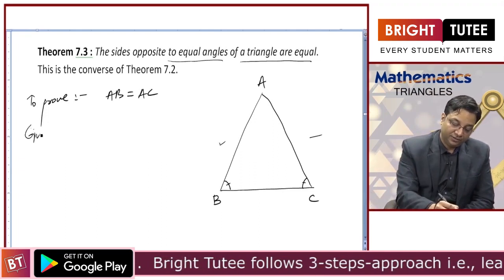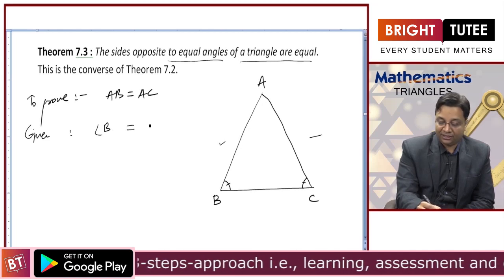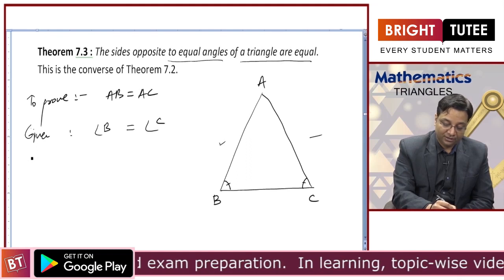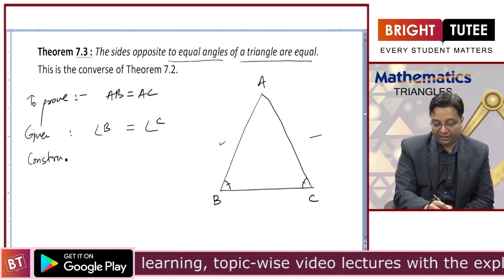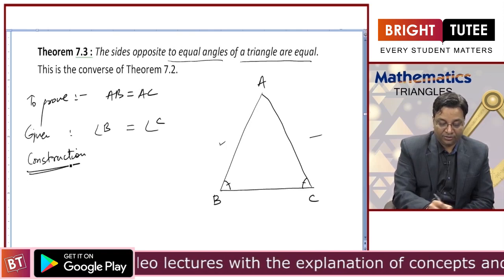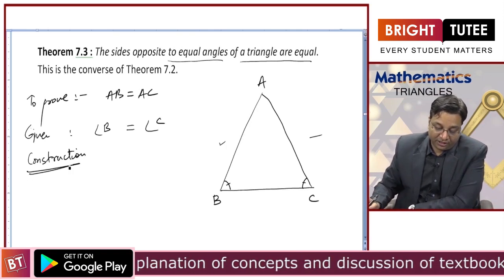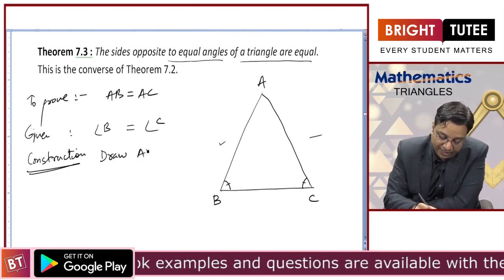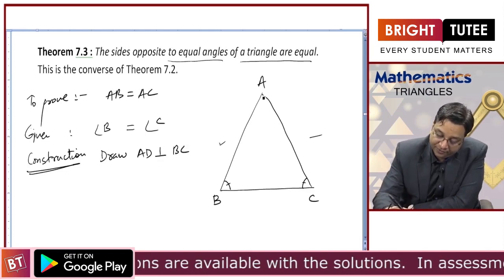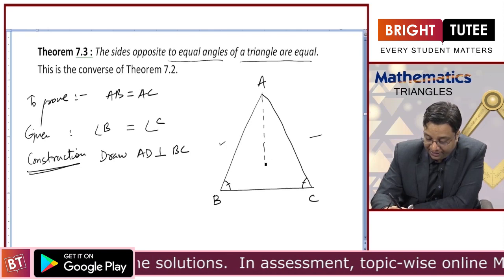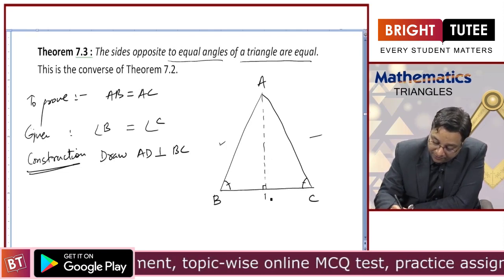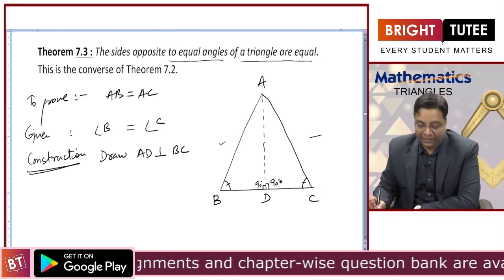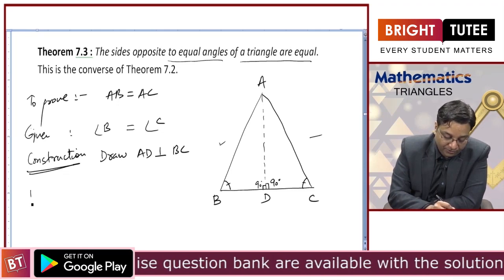and what is given? It is given that angle B is equal to angle C, and let us do a construction here. What should be the construction? Let us draw AD perpendicular to BC. So, I am drawing AD which is perpendicular to BC. So, if this angle is 90 degrees, this angle will also be 90 degrees. So, proof,